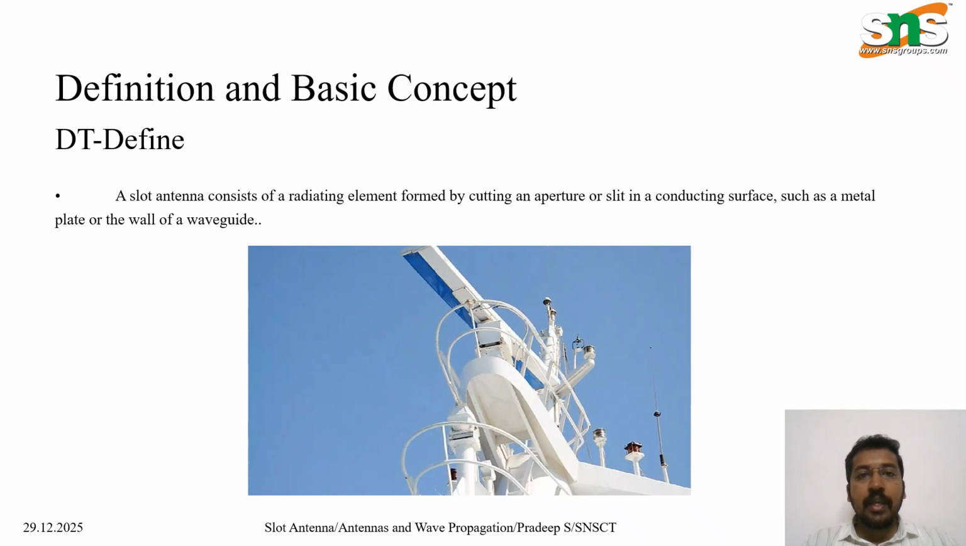structures. A slot antenna radiates electromagnetic energy through an opening in a conductive sheet. When power is applied, current flows around the slot edges, generating radiation into free space. Because radiation occurs through an aperture, slot antennas are classified as aperture antennas and are widely used in microwave communication